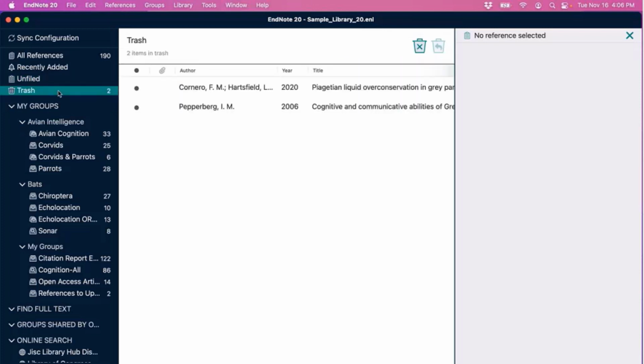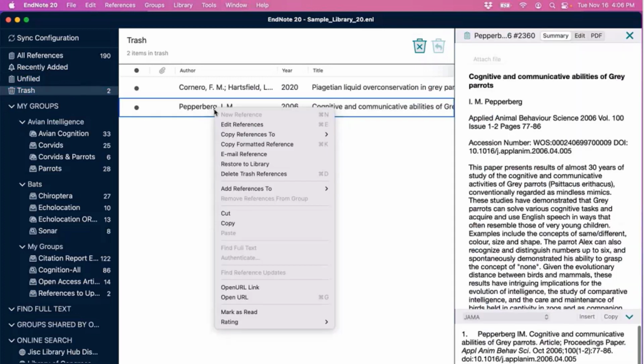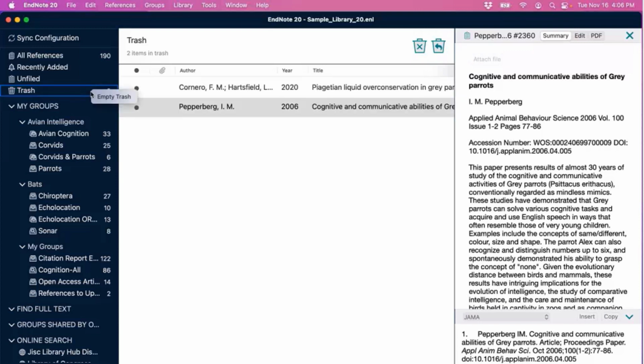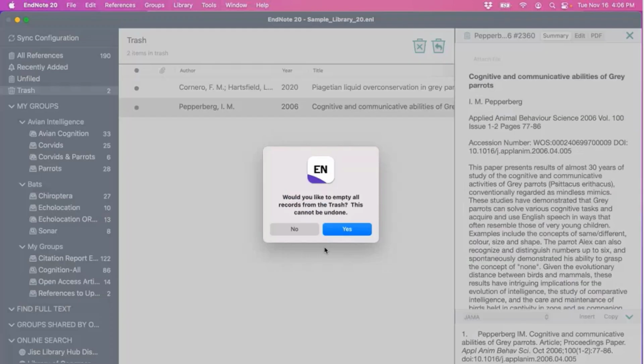Trash, we see, is a default, of course, as the name implies. This is a holding space for references you choose to remove from your library. You can always restore something from the trash if you need to. If you right-click on it, you have the option to restore it to the library. But if these are items you know that you'll never need to use again or keep track of, you can right-click on your trash and empty the trash if you'd prefer, your choice.